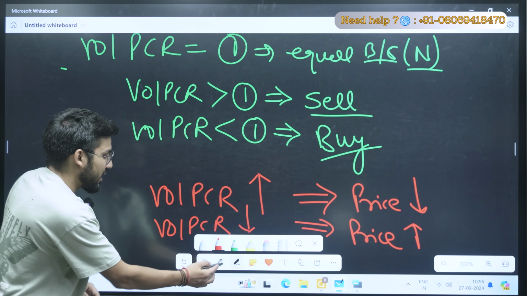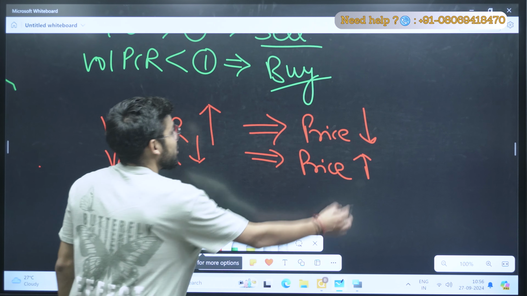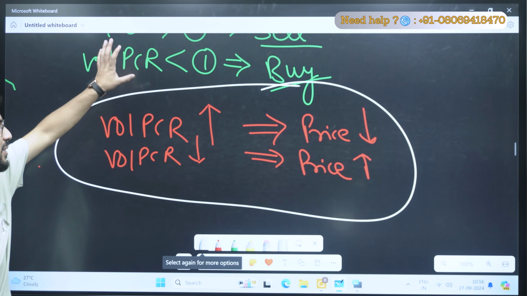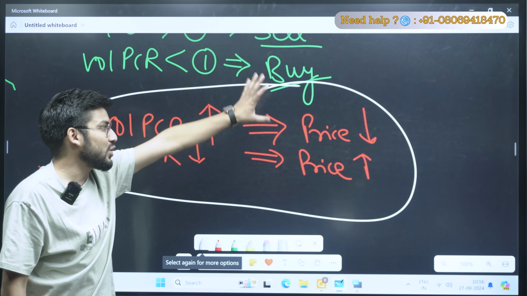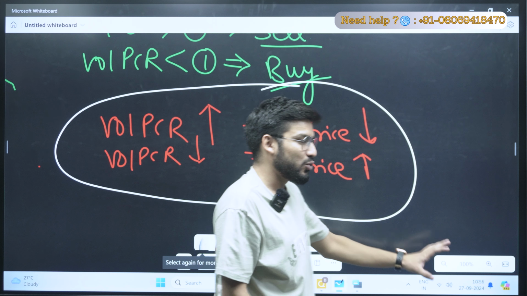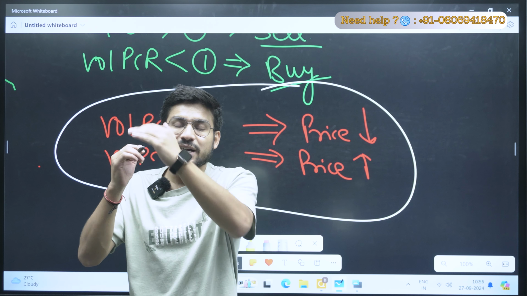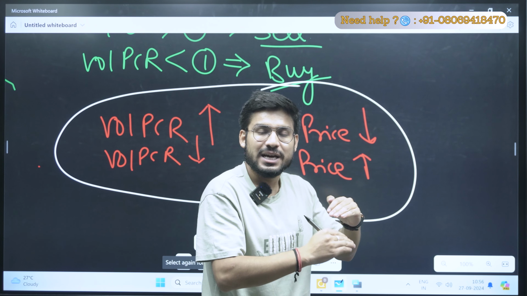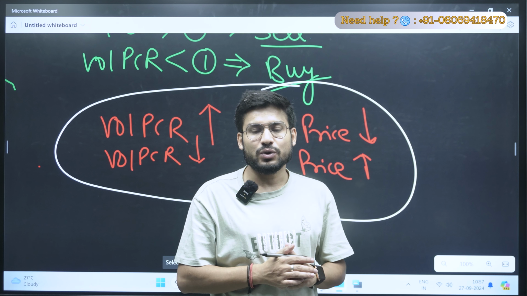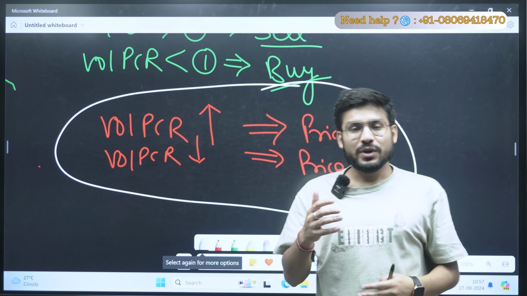So now we got an overall conclusion. हमने जितना भी पढ़ा, हम उसके एक conclusion पे आए हैं, और ये हमारा conclusion है जो आपको याद रखना है. पहले हमने पढ़ा वॉल्यूम पीसीआर क्या है, क्या इफेक्ट वो डालता है, और लास्ट में ये हमारा रिलेशन बन गया. So now whenever I analyze my volume PCR is getting higher and higher, at that time my price will decrease, so I'll go with the put buying, और मैं उस टाइम पे सेलिंग की तरफ जा सकता हूं. Right? You can also apply this strategy for short.